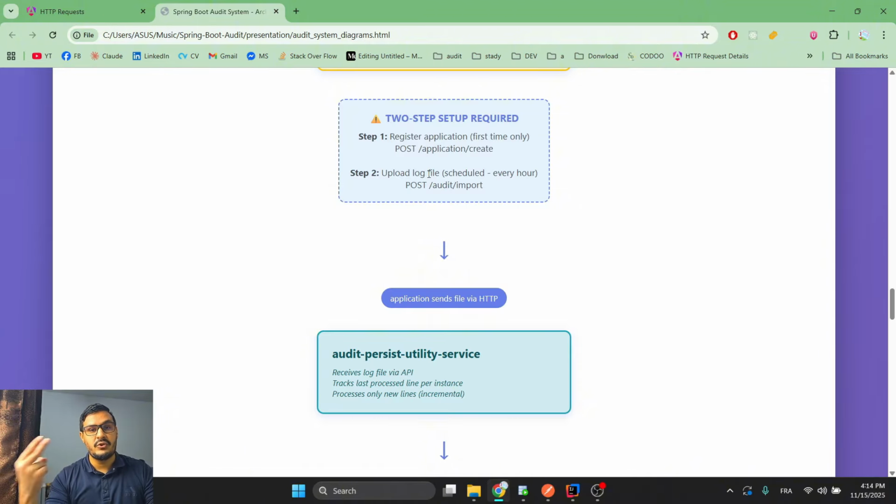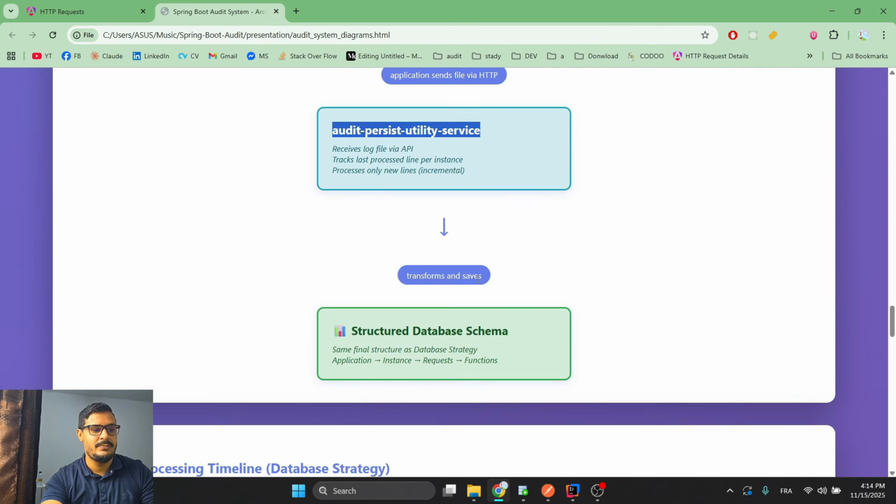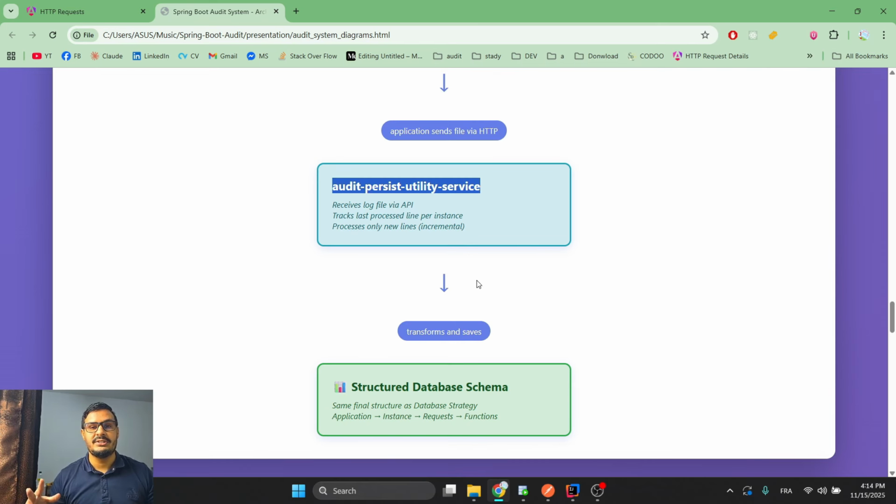And you also have to create a cron job schedule every hour, let's say, that imports or triggers the file from your system to my API that I exposed to you for the same persist application, and it will be done. All the logs will be persisted the same way as the database. I will show you how. Let's go back